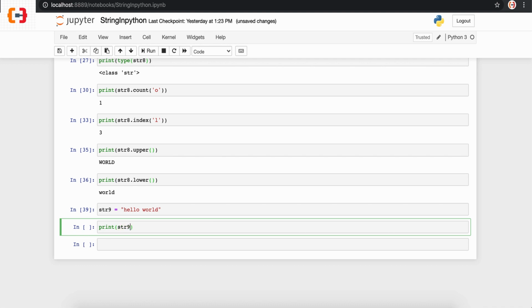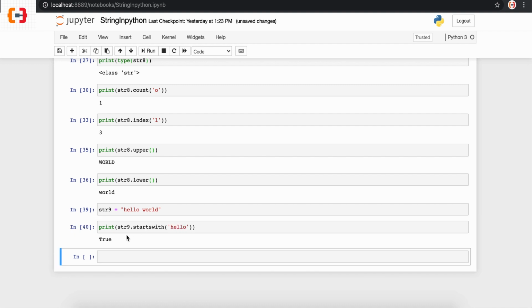I'll use this variable string 9 and the function startswith and pass the substring which we want to check. If we execute the command, the response is True. So this string is starting with the substring hello. If I want to check whether it starts with world or not, let's execute this, and it says False, it's not starting with world.